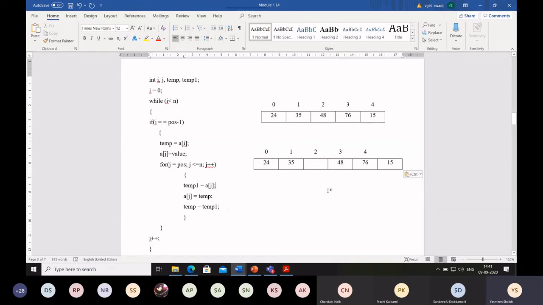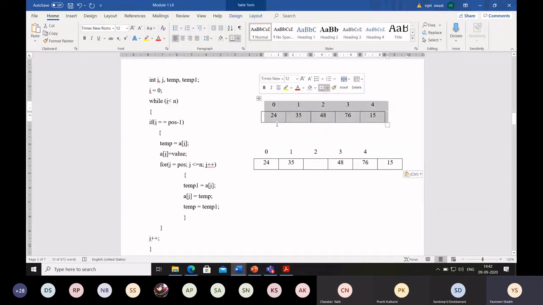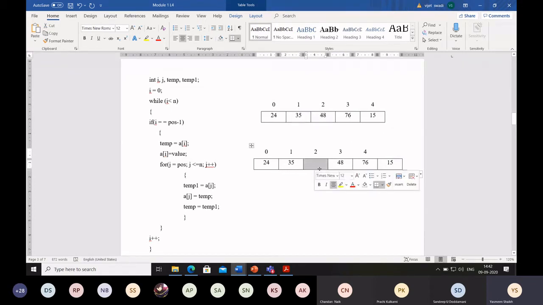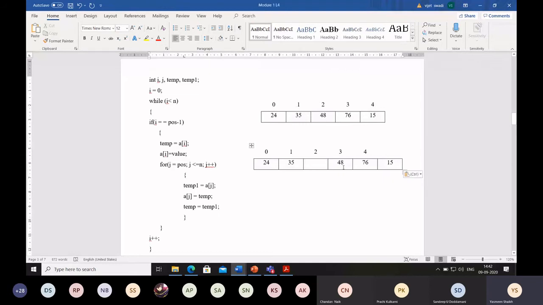What did I tell? This is the original array that we have. In this we have 5 elements: 24, 35, 48, 76 and 15. We want to insert a new element at position 2. For that, what should I do? 48 should move to the next position. So what I have done is, from here 48 has moved to the next position.